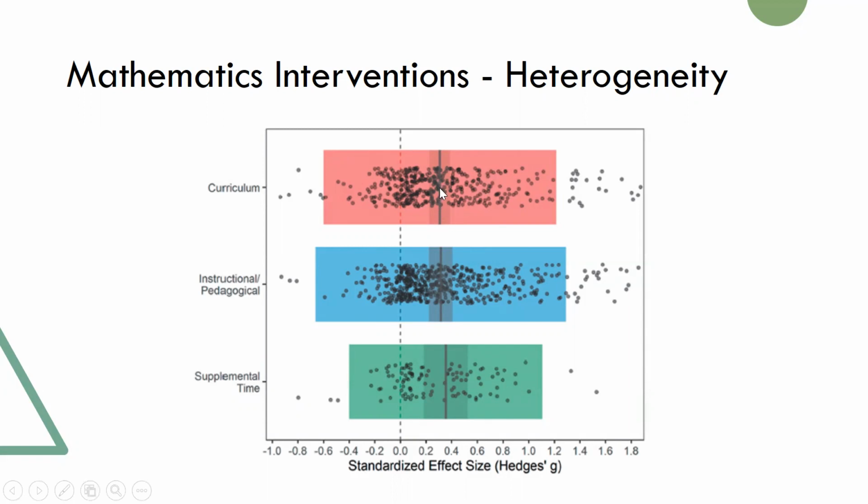You'll notice that there's a dark shaded line in the middle of the box. That is the mean effect size for that set of studies. And there's a little bit of shading around that. That's the 95% confidence interval around that mean effect size. And then the boxes are what we call the 95% prediction interval. So that's where about 95% of all the effect sizes are, the distribution of the effect sizes are in this